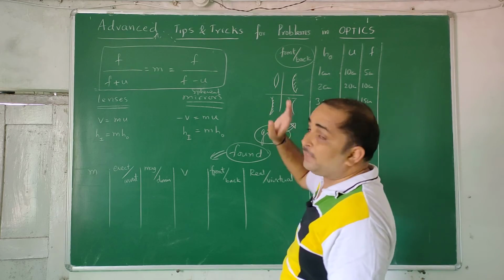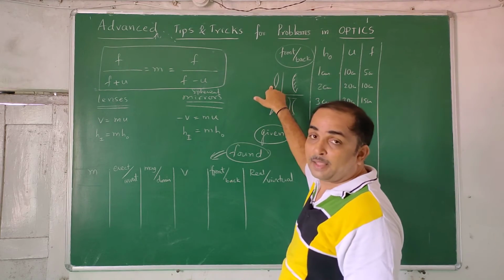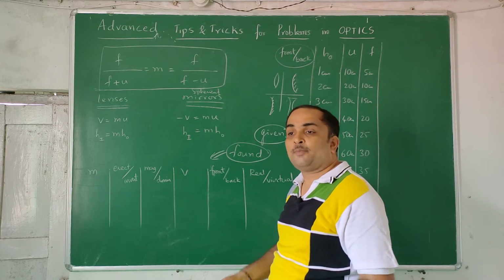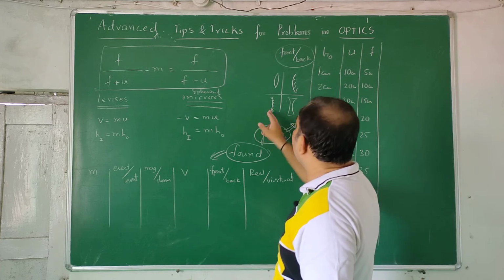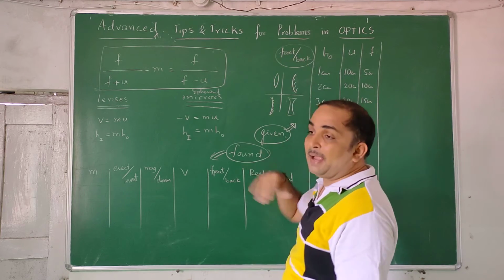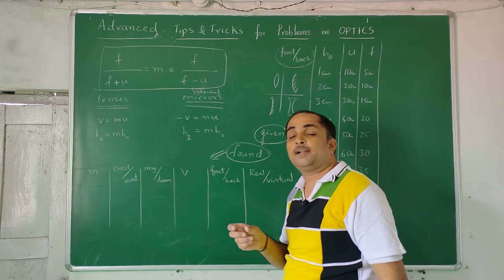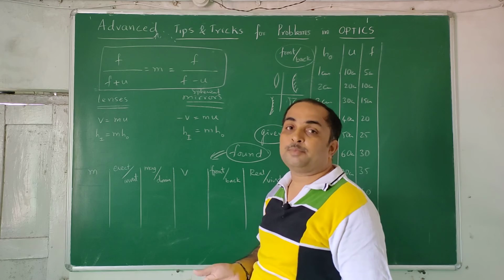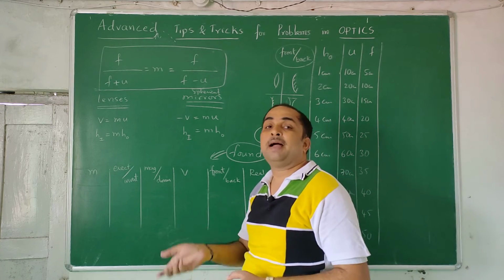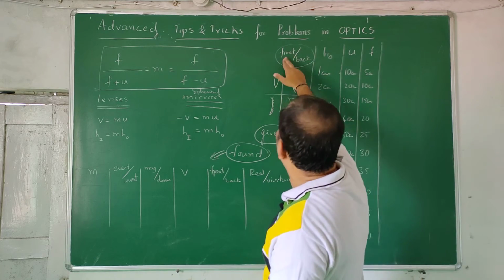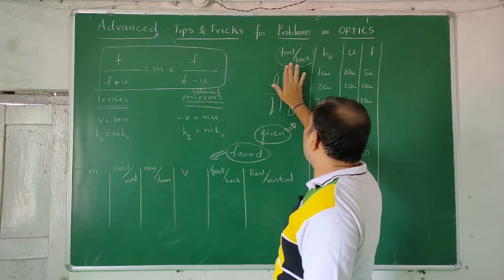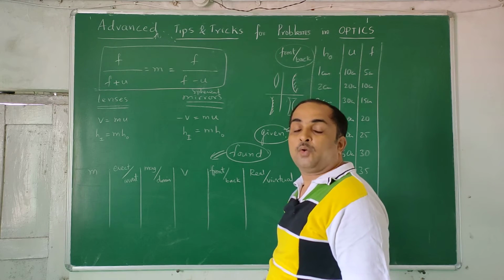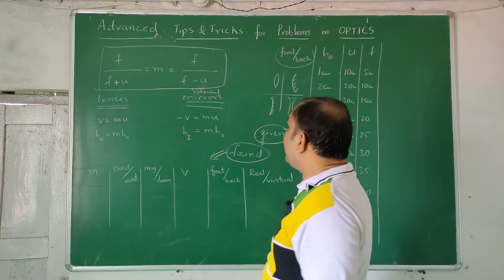First, in the question, whether they are using a convex lens or concave lens, convex mirror or concave mirror, they have to mention it. Next, whether they are keeping the object in front of the lens or back of the lens. Front and back is related to real object or virtual object. Front means obviously we take a real object. Instead of using the word back, they may tell that it is a virtual object. That also you have to mention to do complicated problems. You only should decide whether it is front or back.